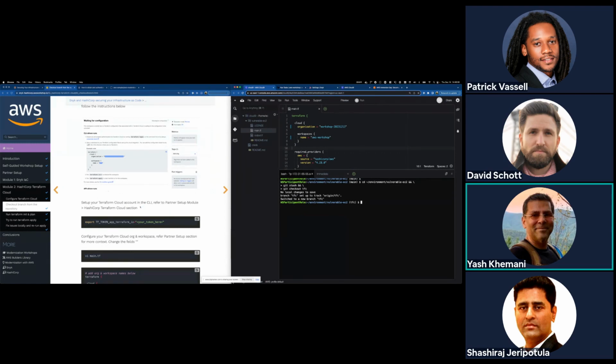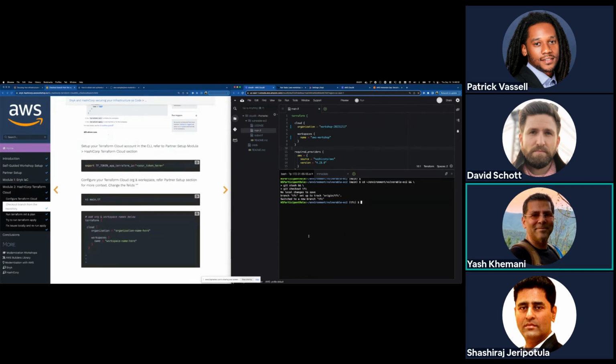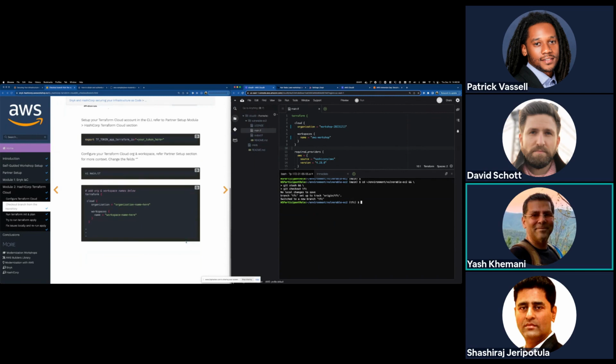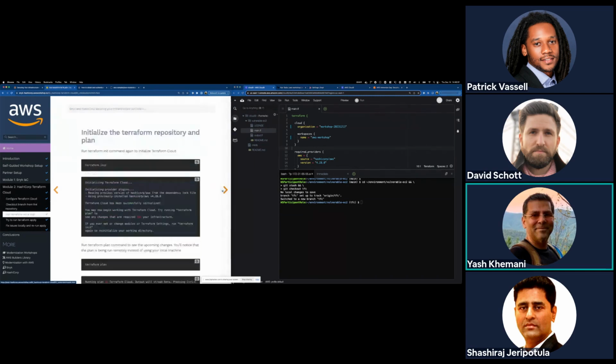The next thing I can do is set my token. Now I've already done that. There's a couple of ways you can do that. You can set the environment variable here. You can also do a Terraform login and provide your user token or your team token, not the organization token. And then that will enable your Terraform CLI to interact with the Terraform Cloud organization or organizations for which that token is authorized. So let me go ahead and go to the next step now.